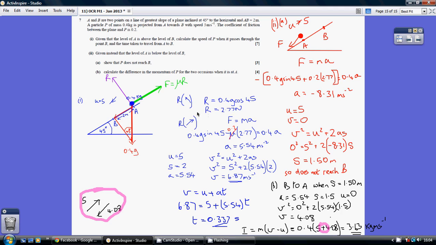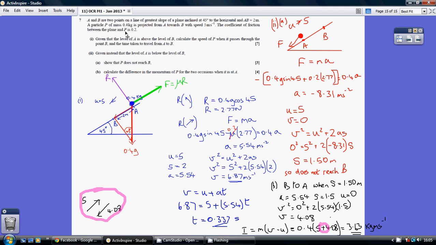Now we can move on to resolving in the direction of the plane. Obviously we have movement here, so the forces are not cancelling out. We're going to have to use Newton's second law, F equals ma. We're travelling down, so our net force is going to be the component of weight less the friction. So 0.4 g sin 45, this red arrow here, less the friction, which is 0.2 times